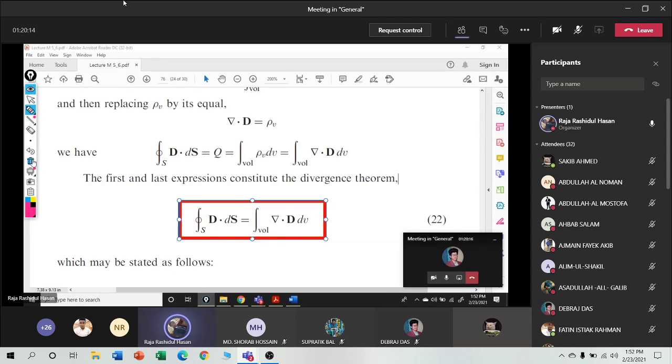Then we have seen from the application of rectangle, cubical object, we can find out the divergence also. And from the divergence, we can make the relation between divergence of d and operator dot d and rho v. So lastly we have seen the operator, and finally combination of them we are creating another theorem, that is called the divergence theorem. প্রতিটার সাথেই কিন্তু রিলেটেড প্রবলেম ছিল. সো এই হচ্ছে আমাদের চ্যাপ্টার 3. ওকে,